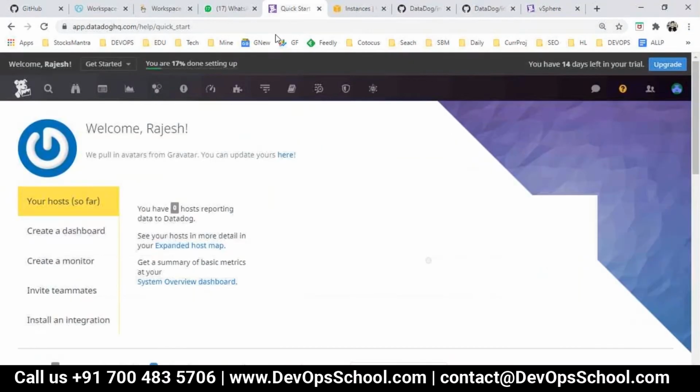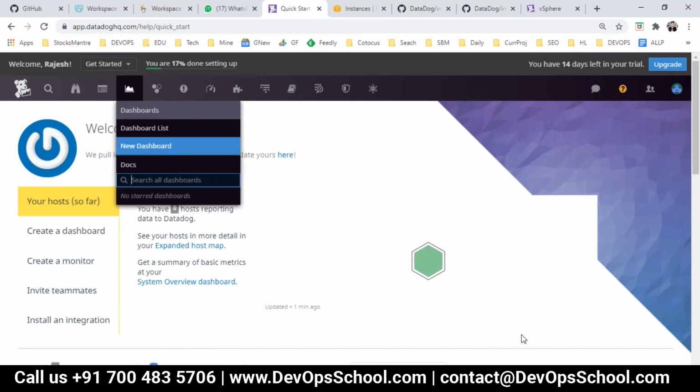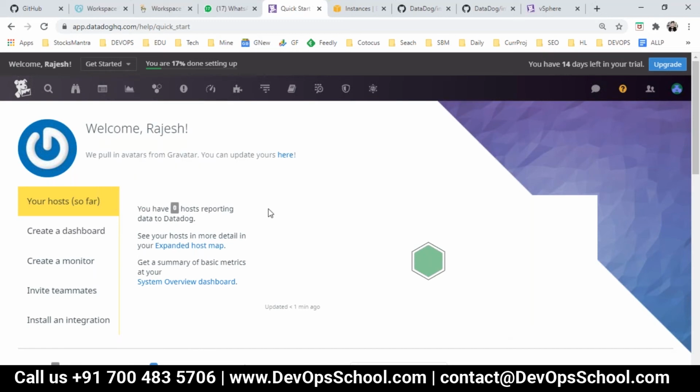Right now you can see this UI is on top, but after some time all this UI will get migrated to the left navigation once you start setting up many of the things. It depends on which data center you got migrated to.